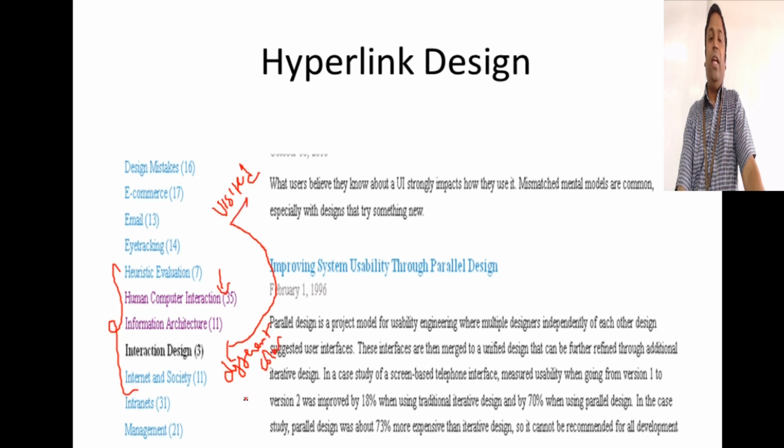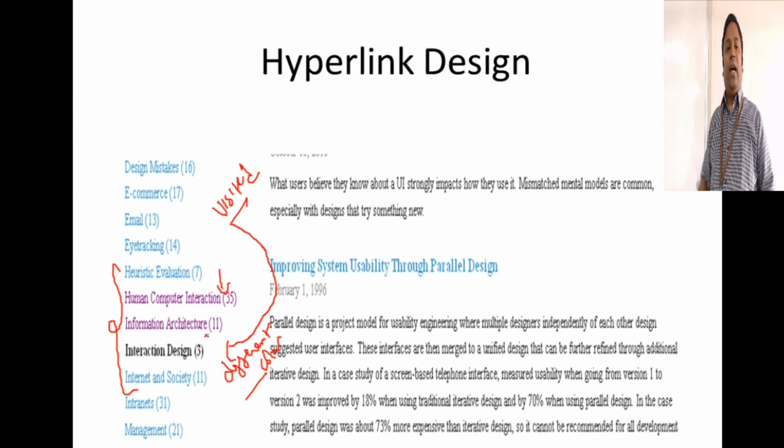Why should we give those variations? Say I visit 3 of the links here, I should know which I have visited, which I have not visited. So once a user visits a link, the color change should be there. If the user has not visited a link, there should not be any color change. Again, when you talk about color changes here, we should not use pale similar colors for these changes, because it will be very difficult for them to identify what they have visited or not. So hyperlink color changes is a must in your design. Okay. What happens when a user clicks an event?